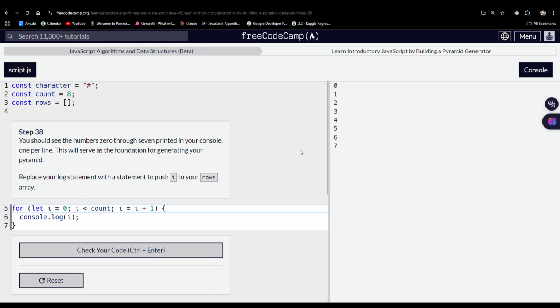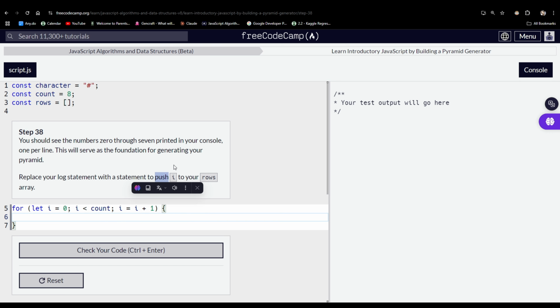So perhaps let's get rid of this, and let's get rid of what we know. We know that rows is assigned to an empty array. So rows is an array. And we also know that push is a method used for manipulating arrays in JavaScript. So push is used for adding something to an array, which in our case would be